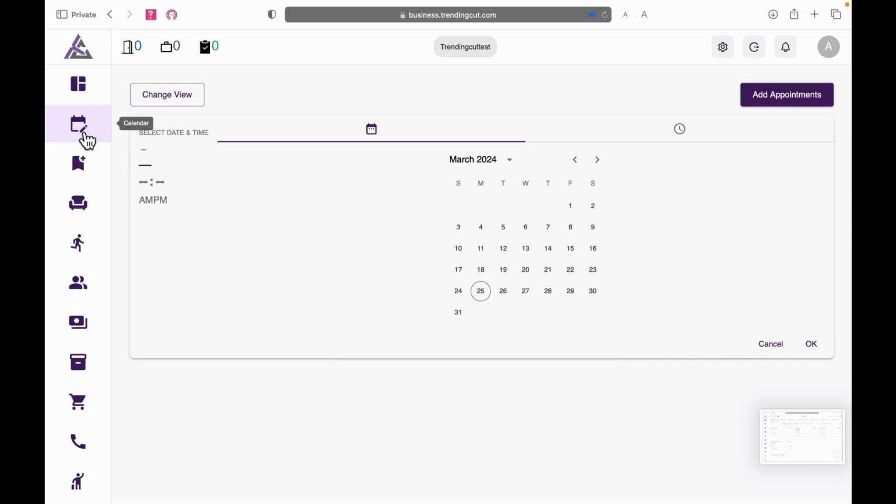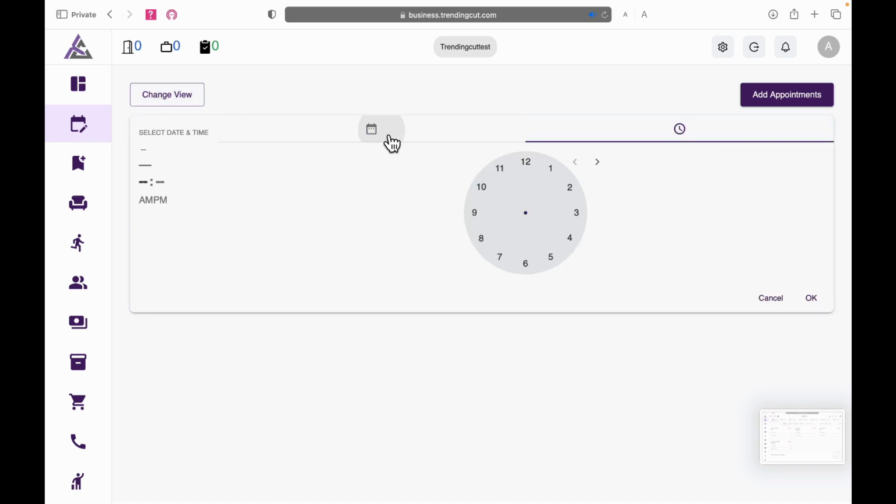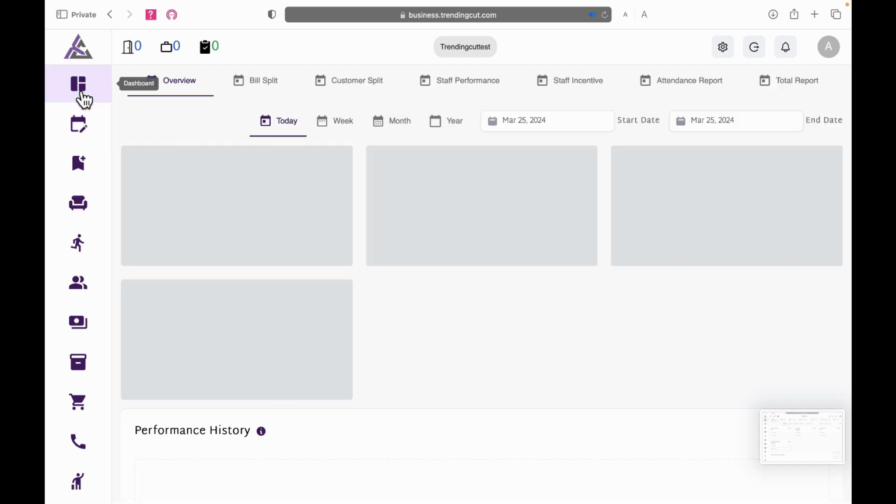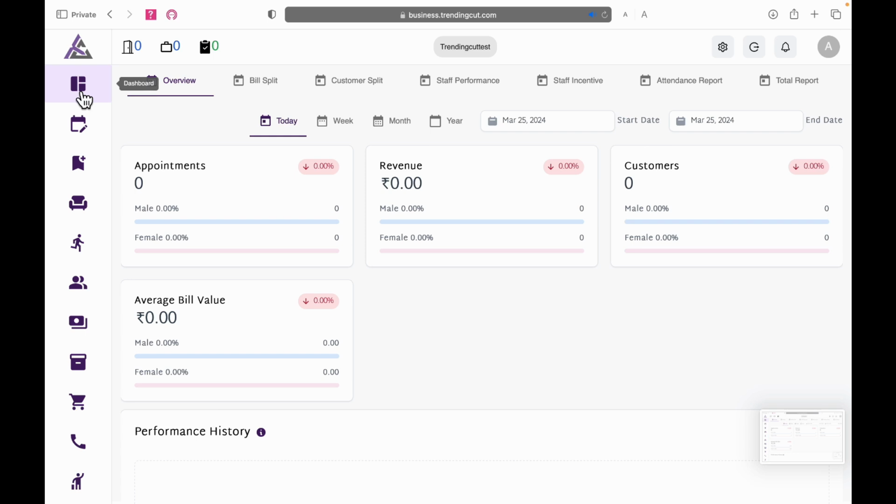This will be the landing page of your app, which is the calendar. Right now there is no appointment as such, so there are different views for the calendars as of now, because there is no recording, so there is no data. Now this is the place where you can see all the analytics, all the information which are required on the